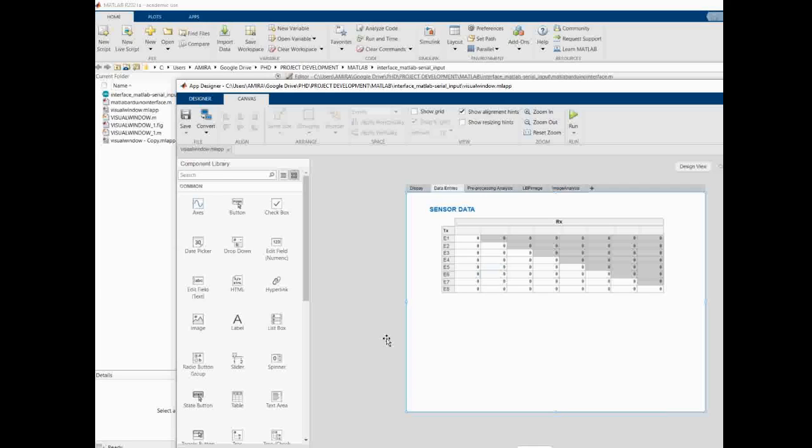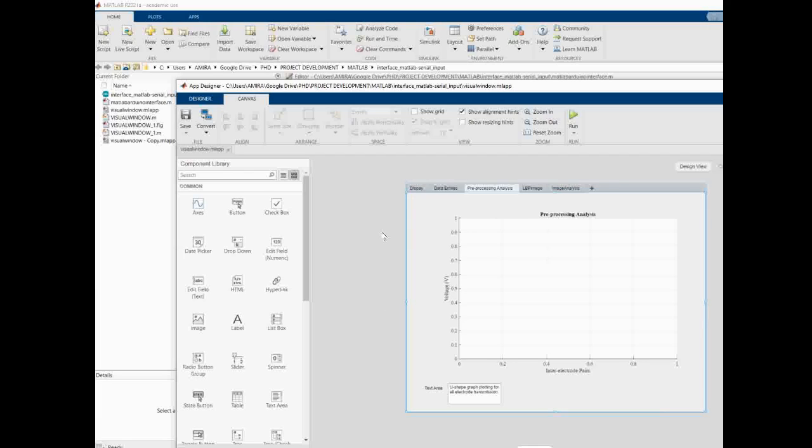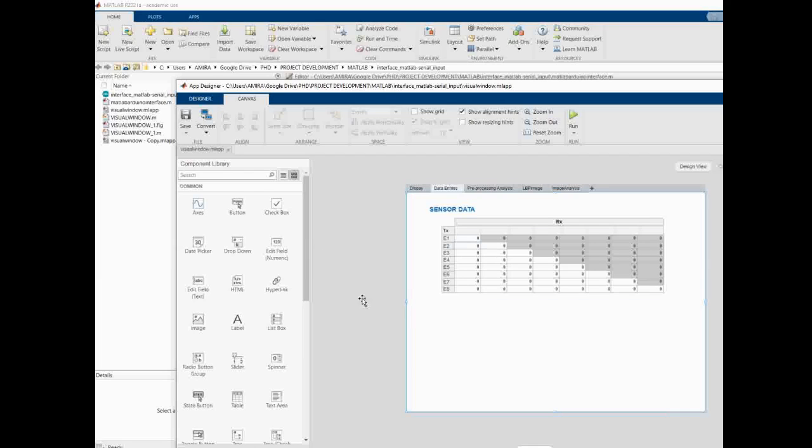I know I jumped to the big step, but I think this helps me to organize what I should do first and what I should do later. So I just created the layout, the flowcharts of what I'm going to do with the software development. So I have data entries where it shows the sensor data, the sensor value,